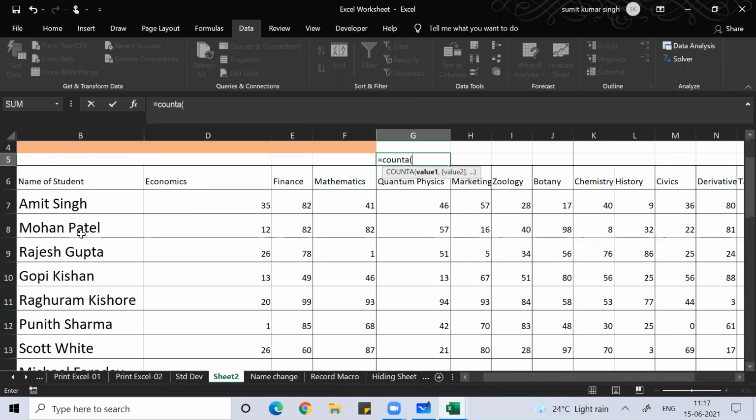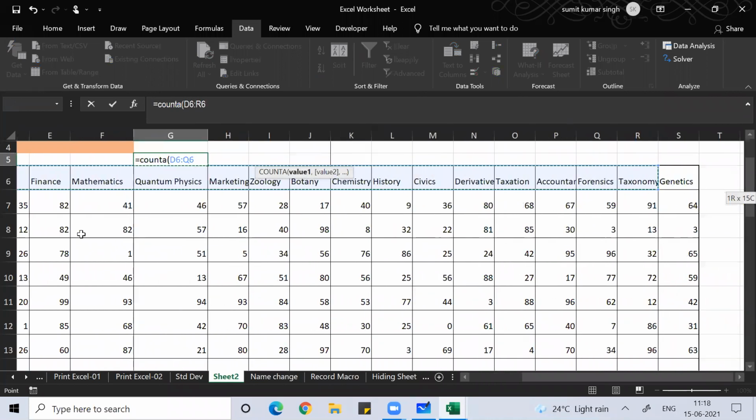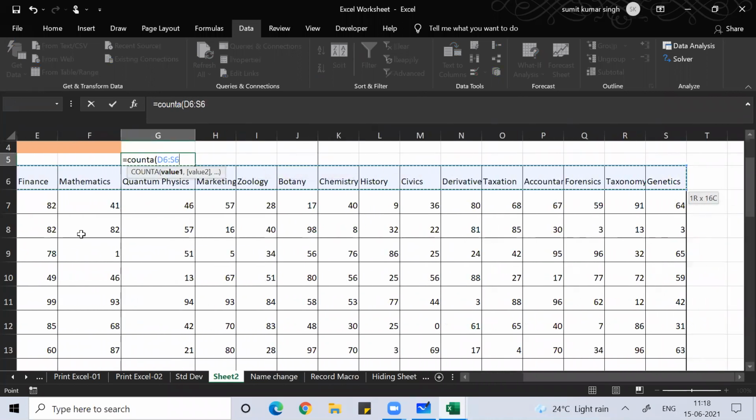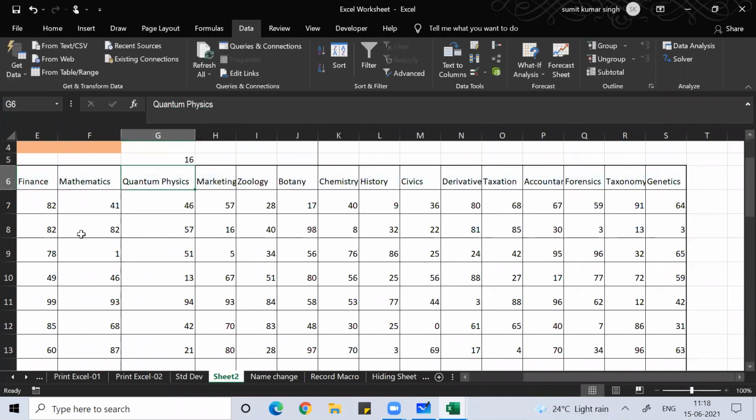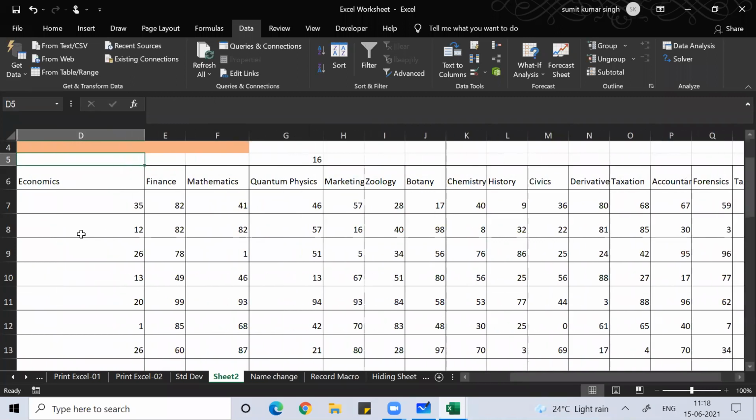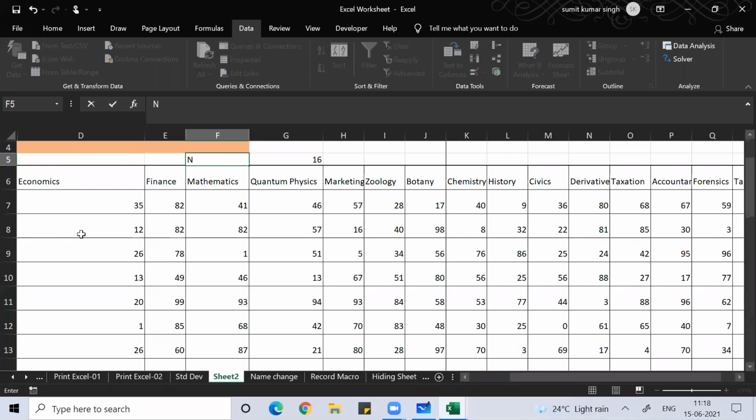If I want to count the number of subjects, I'll use COUNTA, not COUNT. COUNTA counts cells with characters, while COUNT will only count the numbers. So the number of subjects I have put is 16.